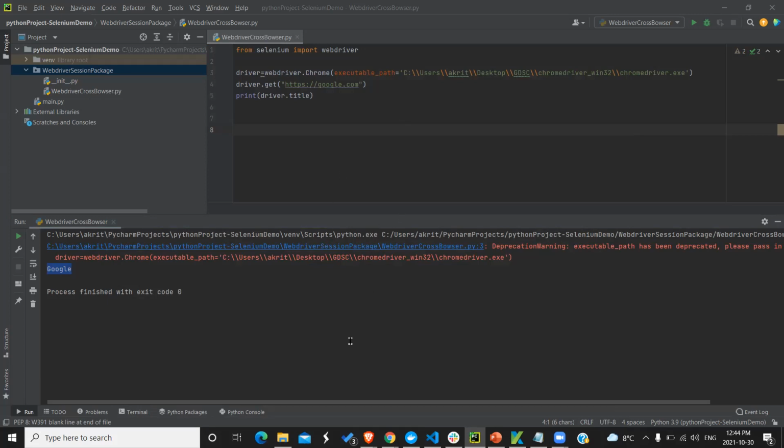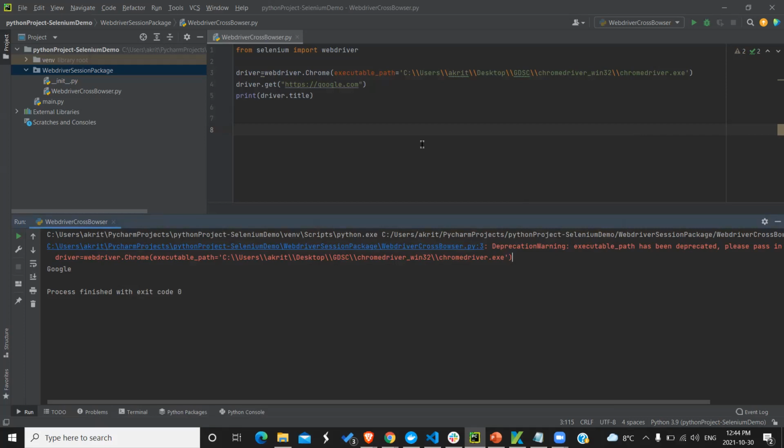Now, if I see my console, as we see, we are getting this error message or warning. It says executable path has been deprecated for this version.